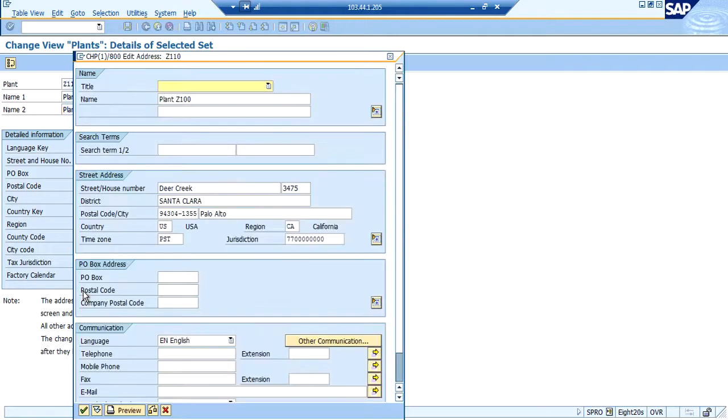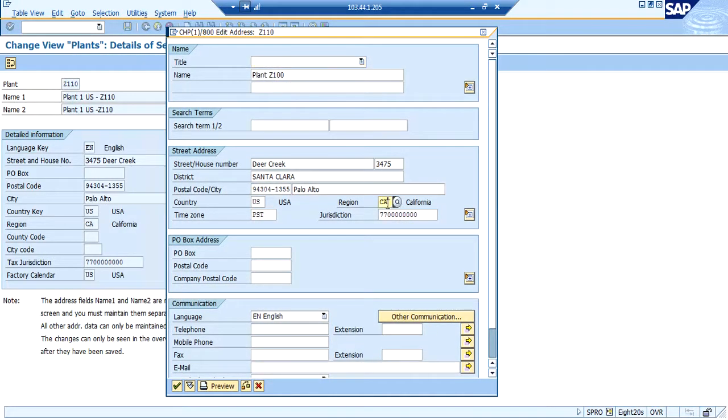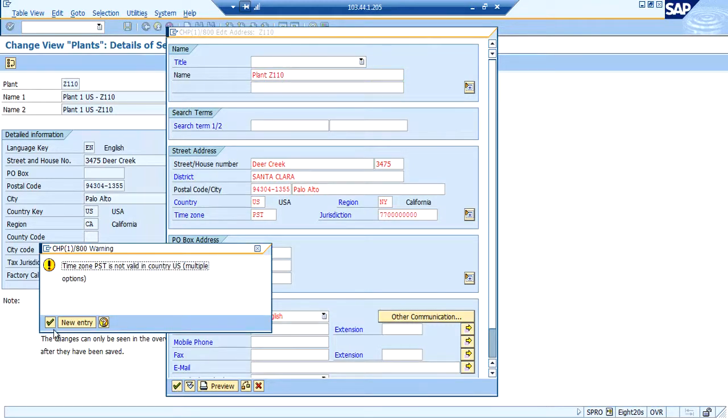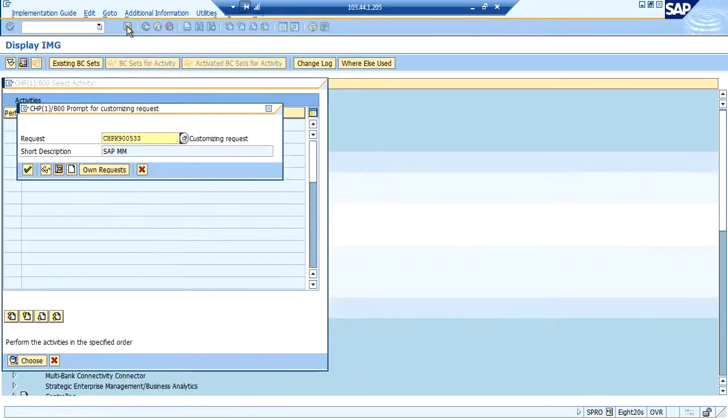Once we click on enter, the system will prompt us to give the address for the new plant. I am making only one change, region, and click on enter. Now the Z110 plant has been created. Click on save.